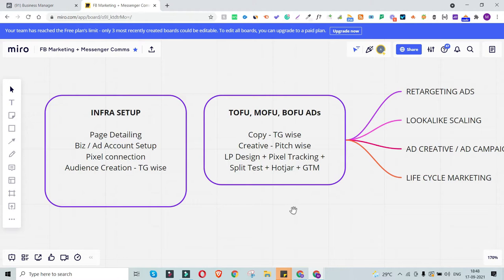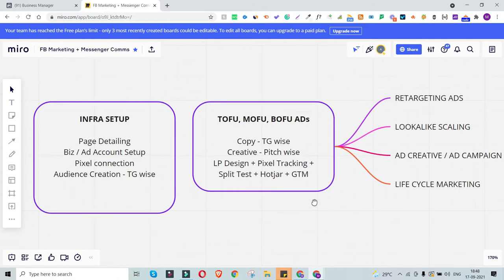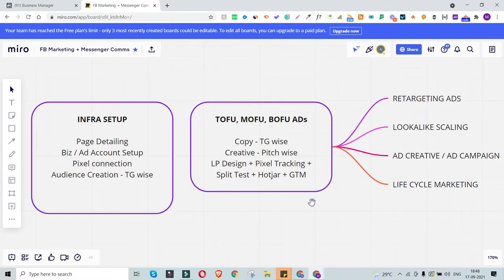Whenever we are setting up any ad campaign on Facebook, first we need to understand that we need certain ad creatives or ad assets. These ad assets are primarily the ad graphics, the ad design. It can be an image, a video, or a carousel post. Then the ad copy, what exactly you're going to say or communicate through your ad, and the ad target audience. So a bit of audience research, so that you have a very clear picture about who the audience is that you're going to target through this ad, and then the landing page.